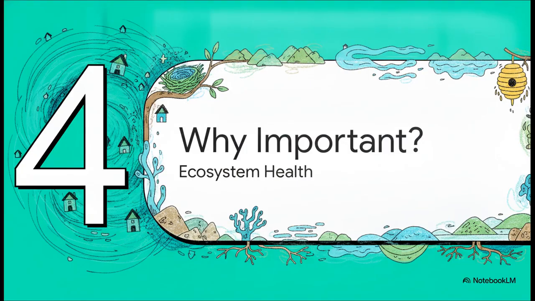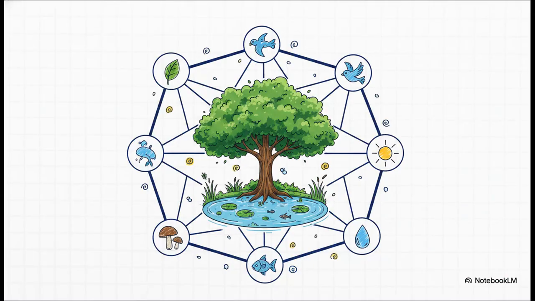All right, so we've seen how organisms act as physical homes, how they adjust the climate, and how they engineer completely new landscapes. But we kind of have to step back and ask the big question: why does all of this matter? Like, why are these topological relationships so incredibly important to the natural world? Well, it really all comes down to keeping ecosystems healthy. These relationships create brand new habitats where there basically were none before. And because you have more habitats, you get a huge boost in biodiversity, which just means a much wider variety of life gets to thrive.